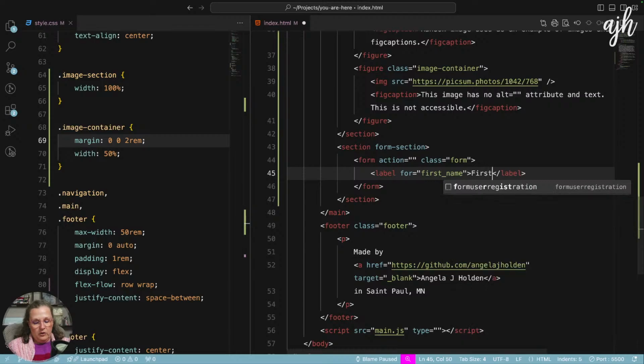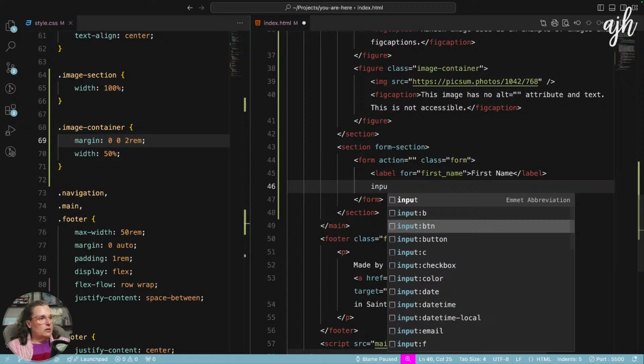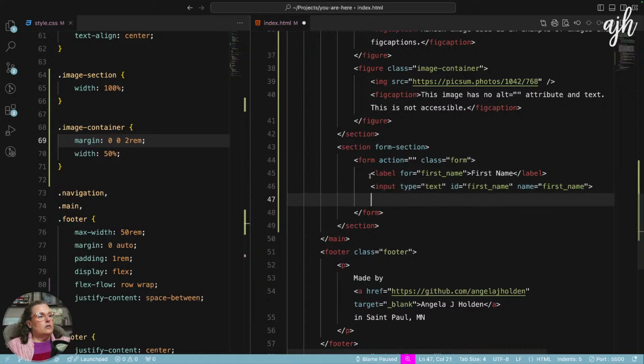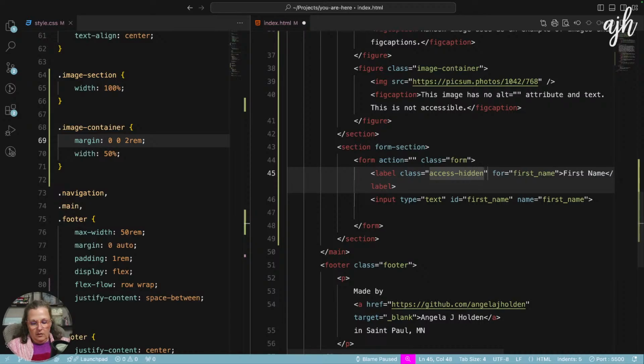And we'll say first name, and then an input type text, ID is first name, and we'll do name equals first name if you're using an API. And so we also want to put a class on here of access hidden, and then I have